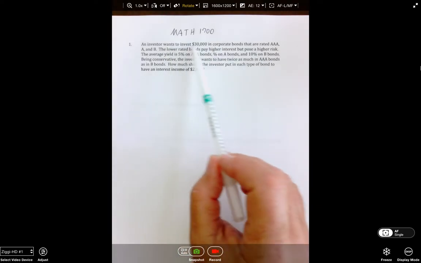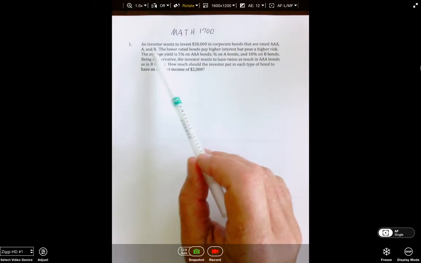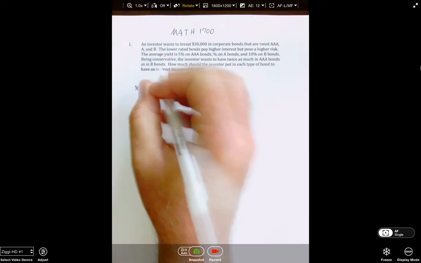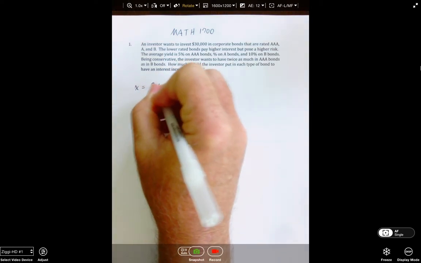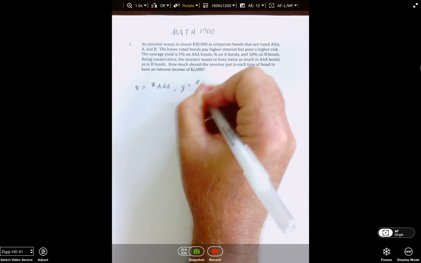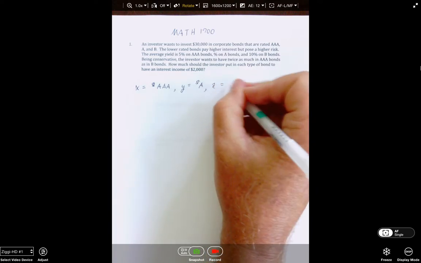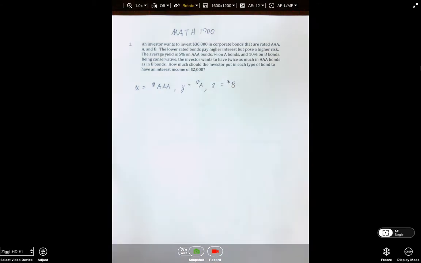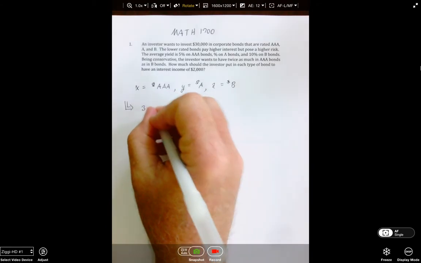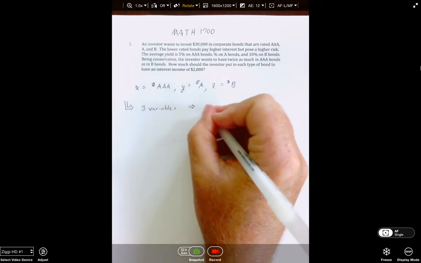Well, I see that an investor wants to invest $30,000 in corporate bonds that are rated AAA, AA, and B. So it automatically tells me I have three types of bonds. I'm just going to let X be the amount in the AAA bonds, Y the amount in the AA bonds, and Z the amount in the B bonds. So now what I know is I have three variables, so I have to be on the lookout